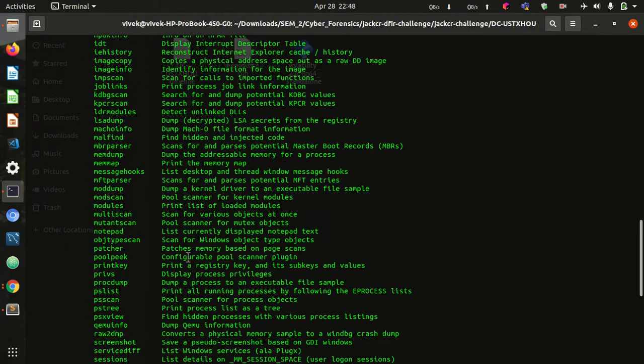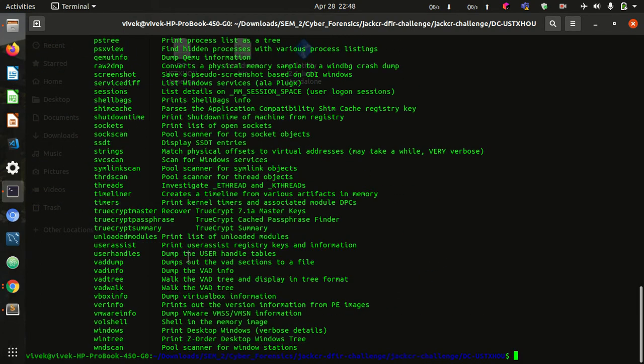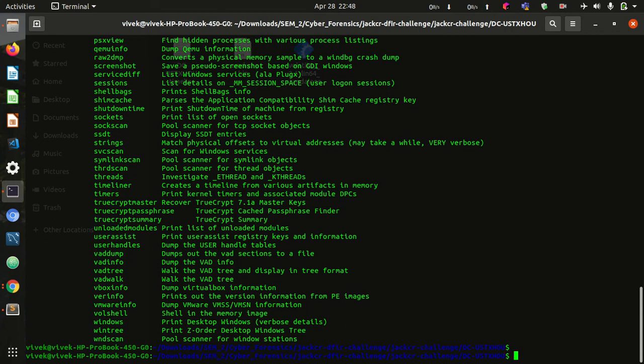I will just start with the first command that anyone would run on any image file. Right now we don't know anything about our memory image file, so the first thing I would do is extract some information about it.